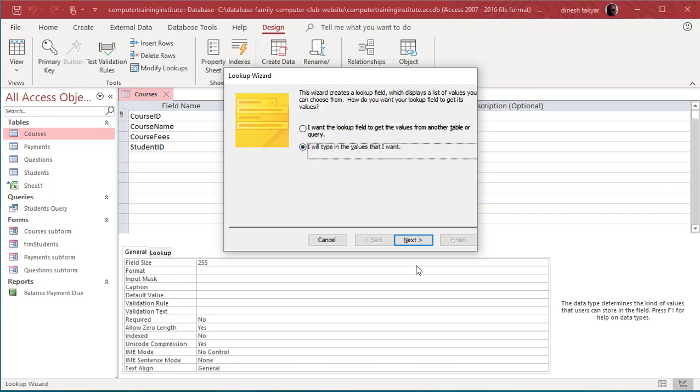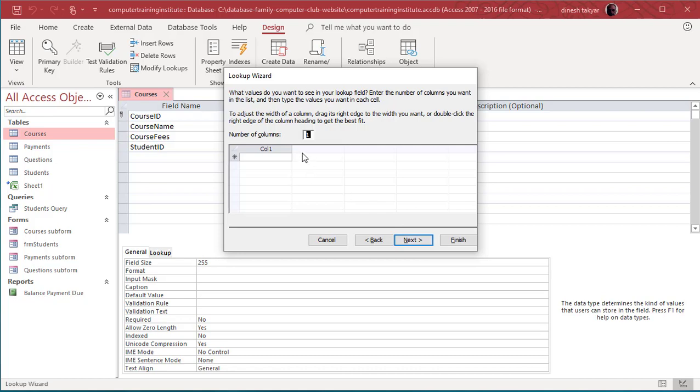We'll take "I want to type", and here instead of taking one column we will take 2 columns. And you see here we can write, for example, Excel VBA, and we can write the price here and so on. Okay, and this is the way we will get that price with the Excel course.